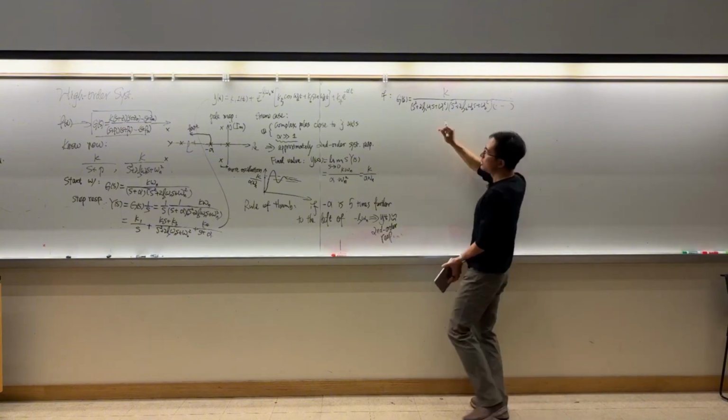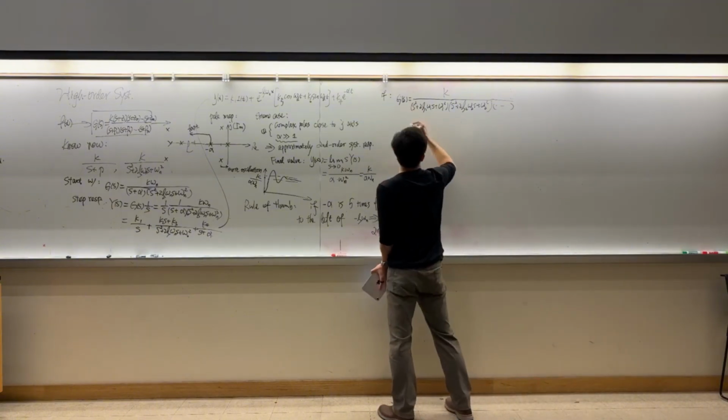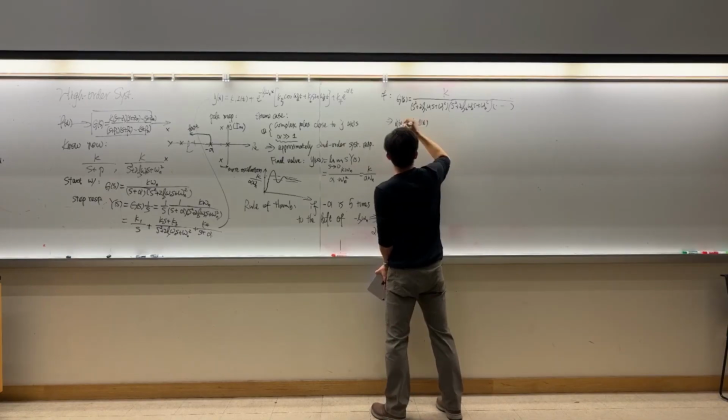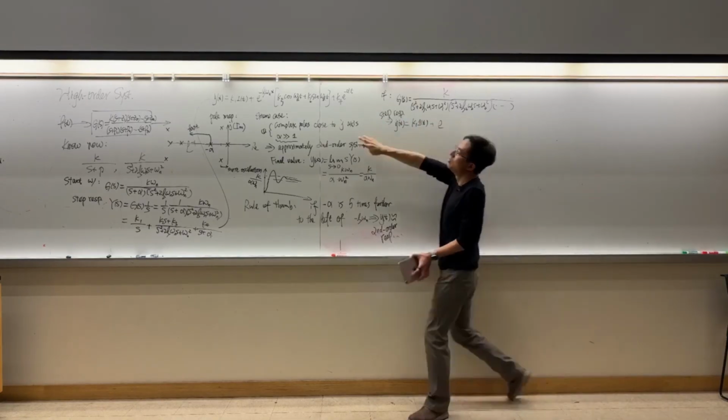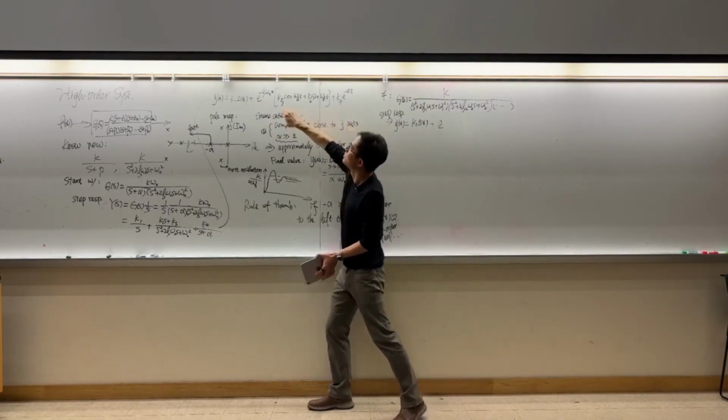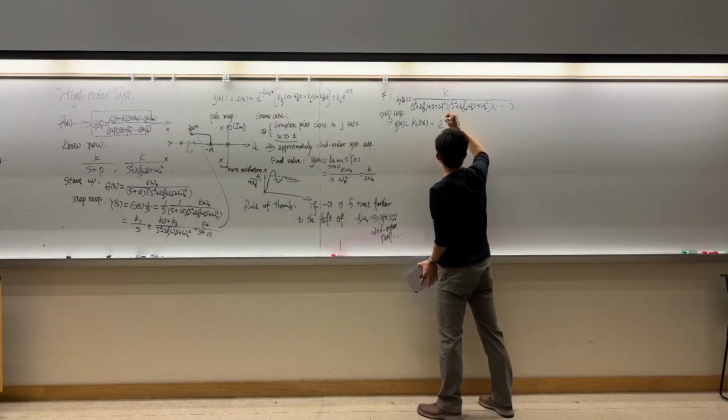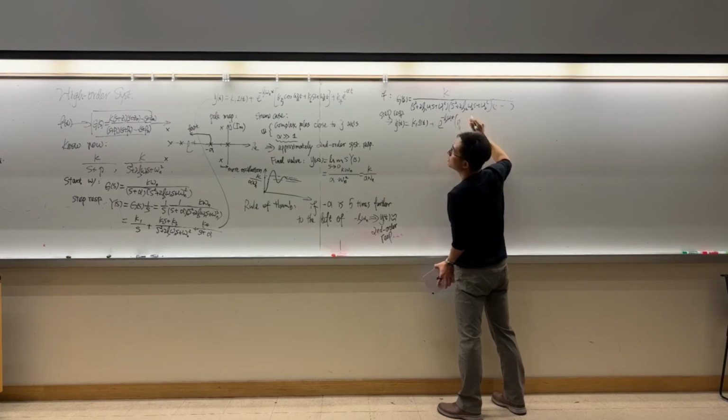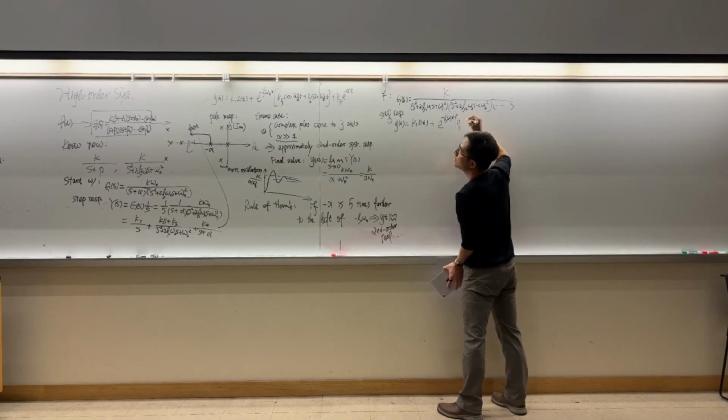The result is very similar. Your step response is going to be a superposition of these terms together. So e to the negative zeta 1 omega 1 t, and then plus